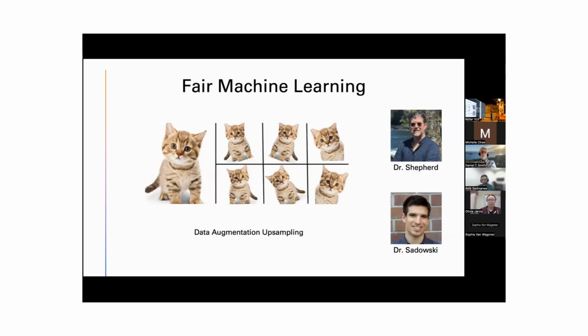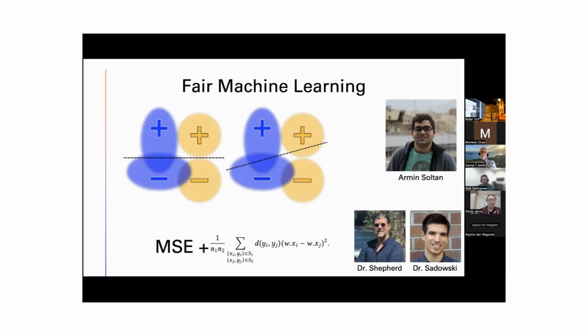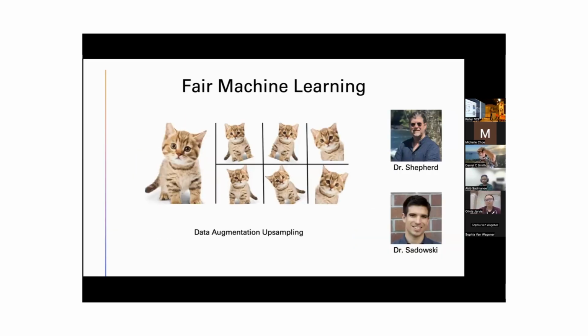Another approach to fair machine learning. Armin is a student who's starting to work on this project, and he just started this semester. So it's really exciting to see where that goes. Another approach to solving lack of fairness in machine learning is on the data side. We've talked about the optimization side of the model, how you optimize the model so the output is most similar to the true value, but you could also change the input of the model to artificially make it more balanced.